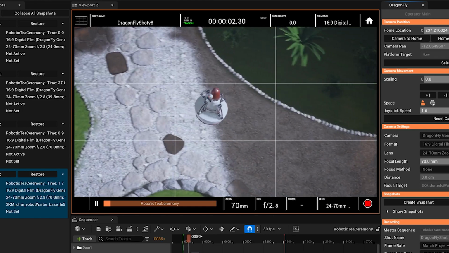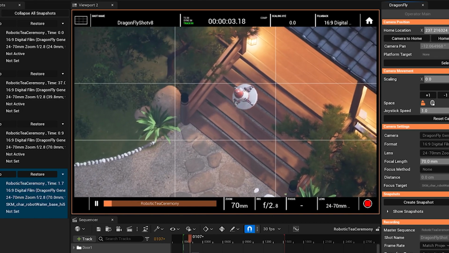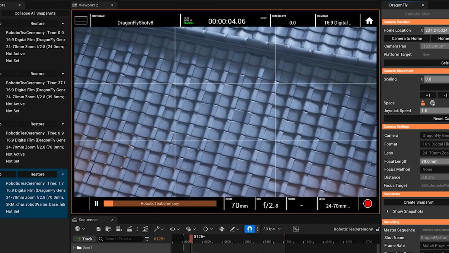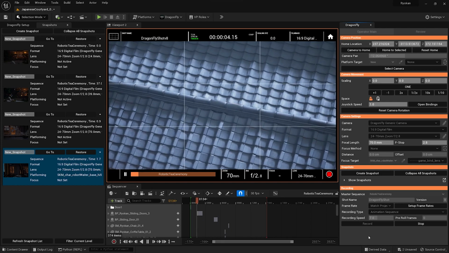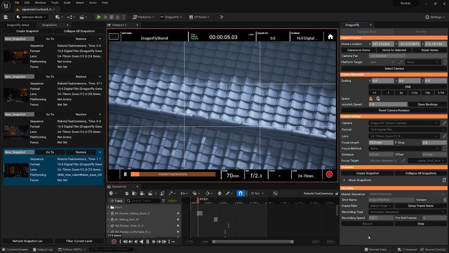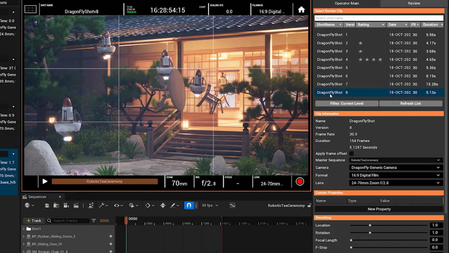I'll play this back for you in a minute, and you will see that this is not actually a slow motion shot that I'm creating. In fact, this is going to play back at the correct speed based on the original sequence time. It's just that I gave myself a lot better reaction time to be able to do this shot. Let's take a look at it in review.